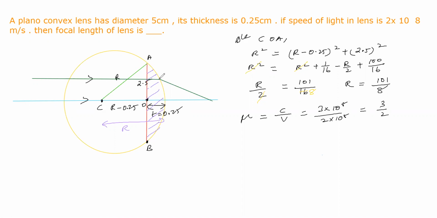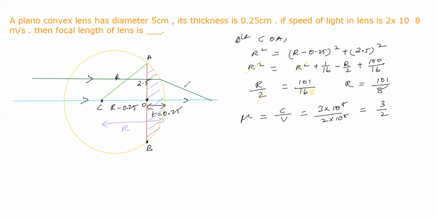When it comes to the curved surface, it travels from denser medium to rarer medium, so we have to take refraction at a spherical surface. And this light passes through the optical center. There is the pole; the light which passes through our pole does not suffer any refraction, that means no deviation, so this light travels like this. And the light which passes parallel to the principal axis does not suffer any refraction at the plane surface, but at the spherical surface it suffers refraction.